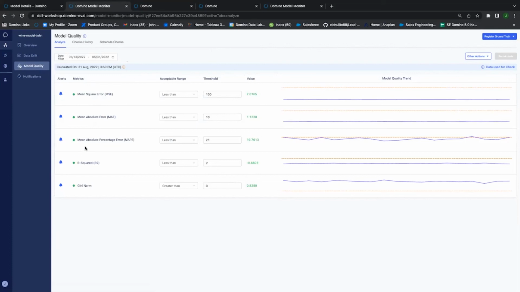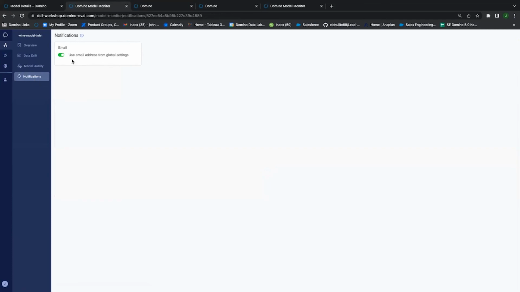And you'll see that model quality is just going to be for metrics specifically. I can see the actual comparison, the threshold itself. I can also send alerts or deactivate them if necessary. And I can see the trend that's forming from the value of this actual metric with respect to the threshold that I've set up. And you see here where it says notifications. That just means I can turn notifications on or off specifically.